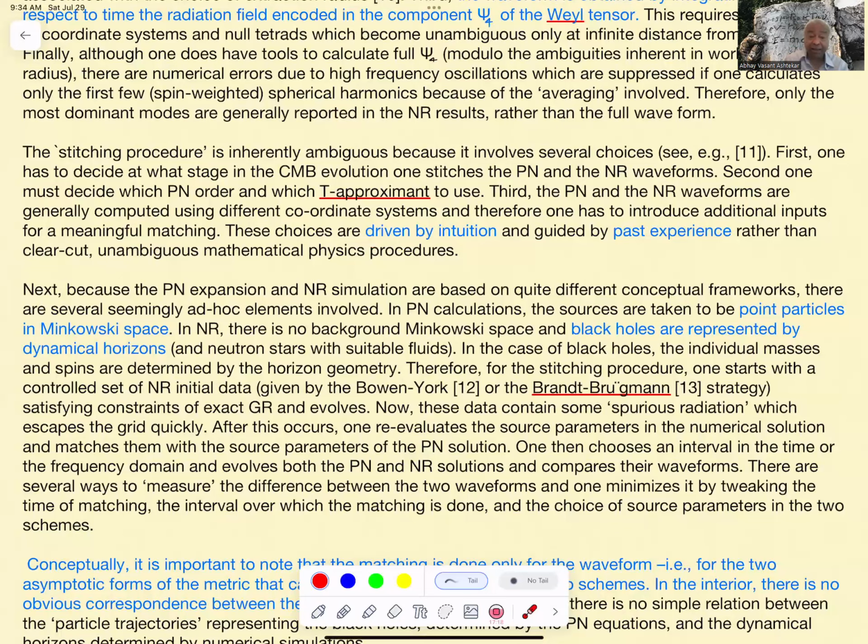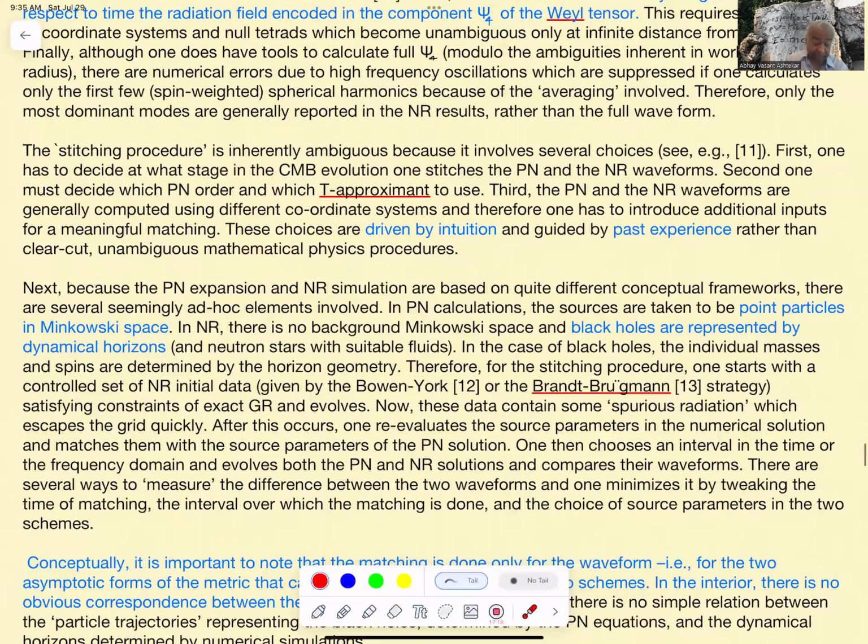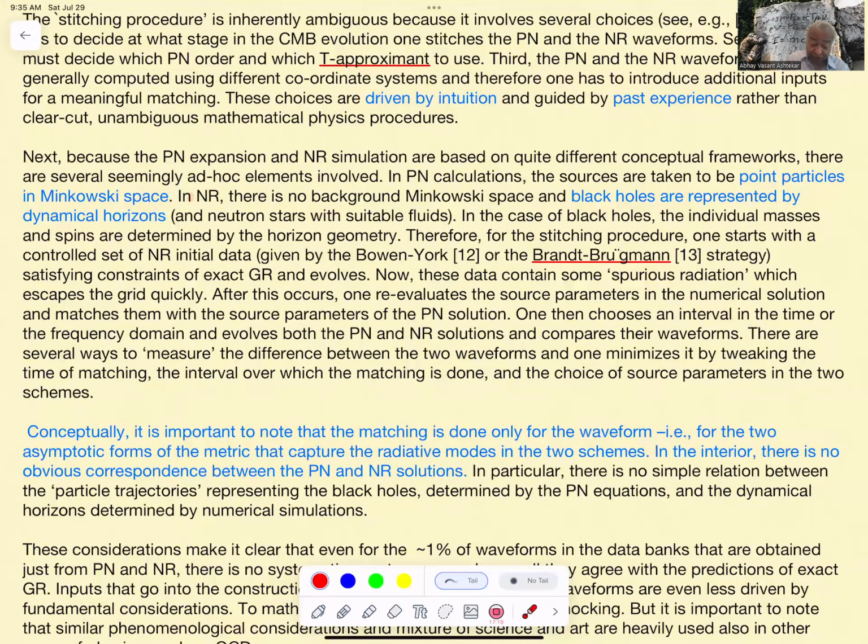It works so well, and it is up to us, more mathematically minded people, to provide an explanation as to why it works so well. And so that is driven by intuition and past experience, rather than clear-cut and unambiguous mathematical physics procedures. Next, because post-Newtonian expansion and numerical simulations are based on quite different conceptual frameworks, there are several seemingly ad